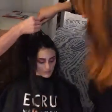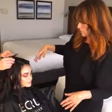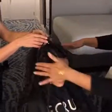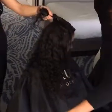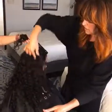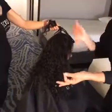Okay, before we move on, for people who are just tuning in, can you tell us what we've done so far? Yes. On my model, Madison, who has been with us all day here at Premiere, I divided her head in two, created a section from ear to ear, which is going to be a headband effect, and the rest of her long hair, which is naturally straight, I curled from roots to ends using a smaller curling iron and our sunlight styling spray. That allows me to very quickly get an even curl from roots to ends. And then using a bit of our styling balm, I'm taking the curls and expanding them, finger teasing them,